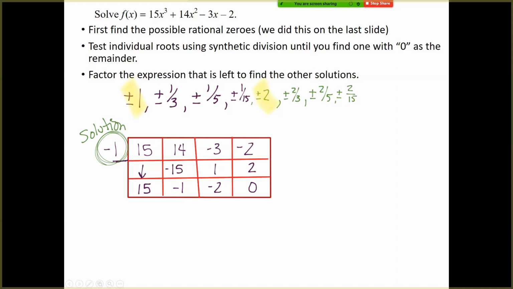And conveniently, we've made our lives easier. Now that we factor this out, we have a smaller version of our problem because we factored out the negative 1. We now have 15x squared minus x minus 2 equals 0. Now we have a quadratic. Granted, we could, if you were feeling up for it, keep factoring using synthetic division to find other answers. But keep in mind, there are 16 possibilities, and only 3 of them are going to work. The easiest way is to find one, take this that you have now, which is a quadratic, use your asterisk